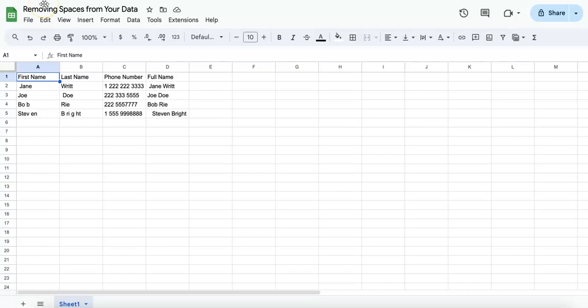Keep in mind that although we are using Google Sheets, the formulas and tools we are using are also available to use and work with on Microsoft Excel, Apple's Numbers, and Google Sheets. Let's take a look at some examples of inconsistent data spaces that you might run into and how to fix